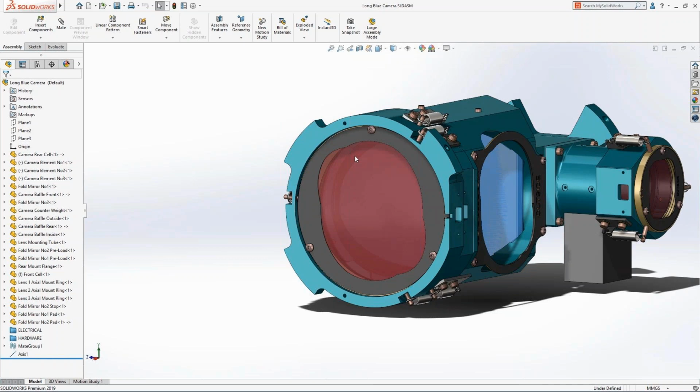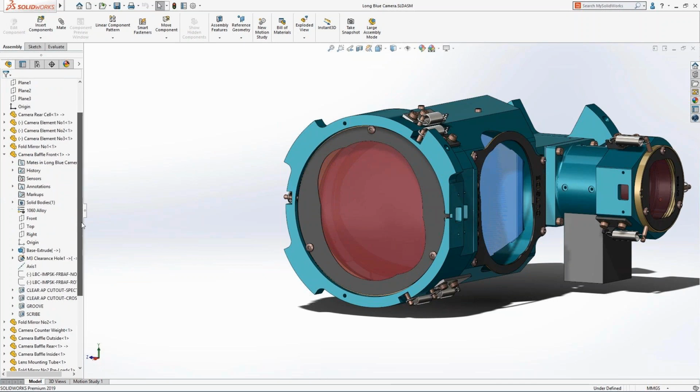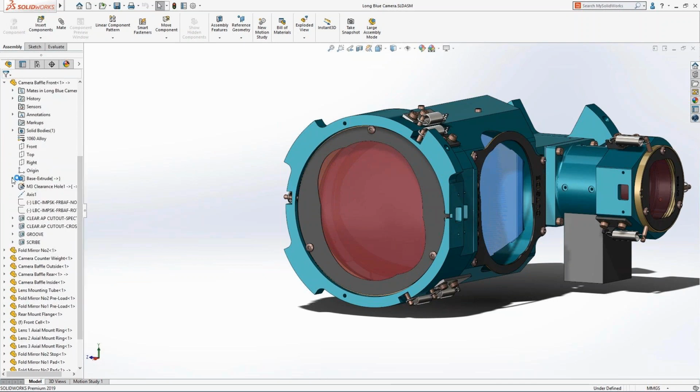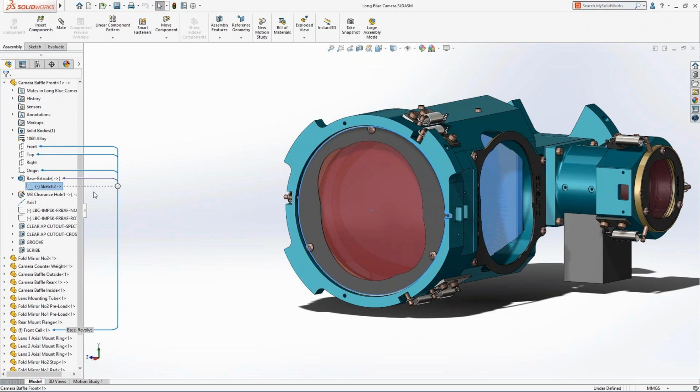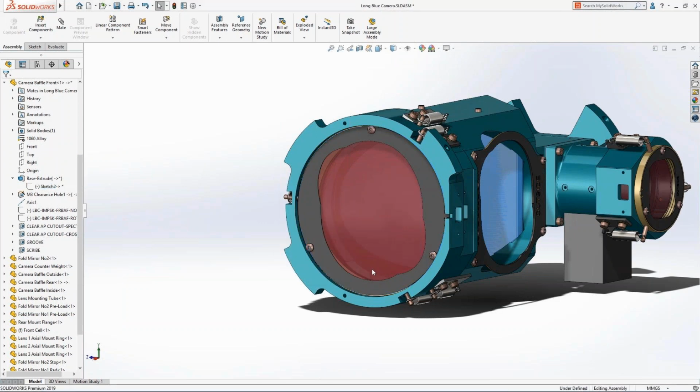So get that open in its own window. One of the things you'll notice is with external references, we've changed the way they look and work. You now have the ability right there to lock or break an external reference. You don't have to go into the dialog to do that. It's right there on the